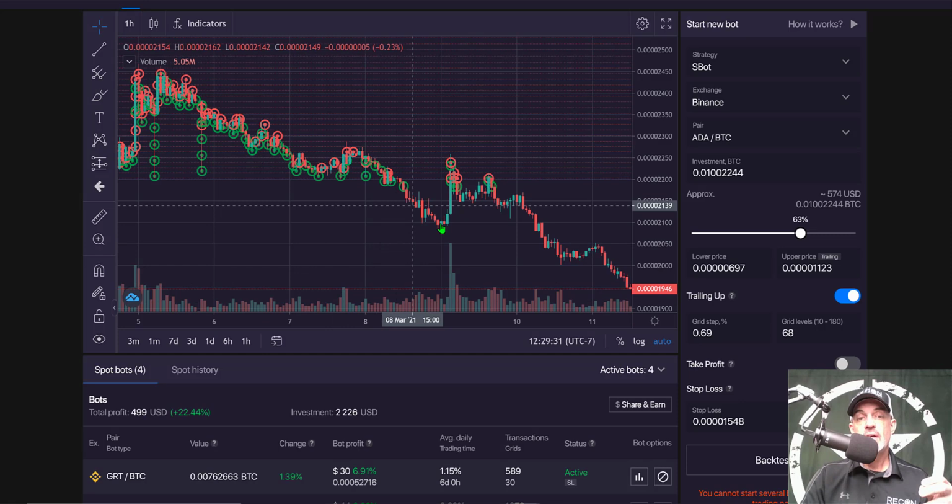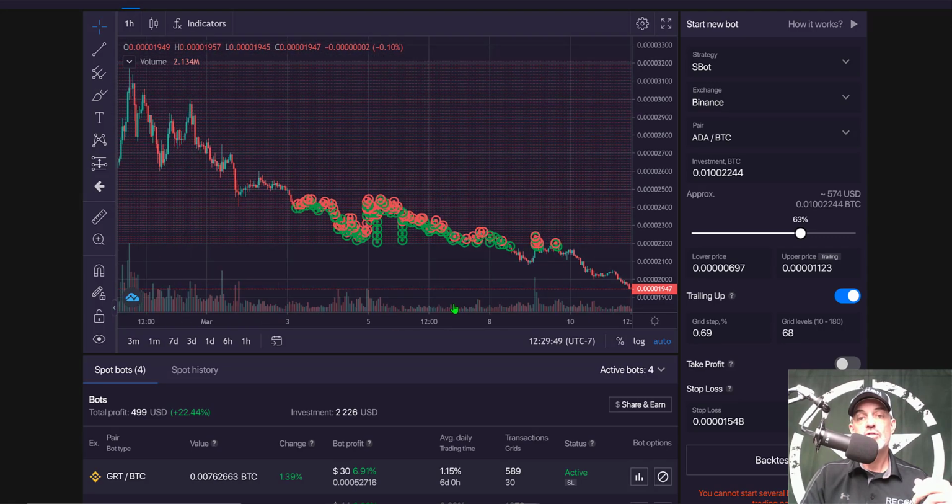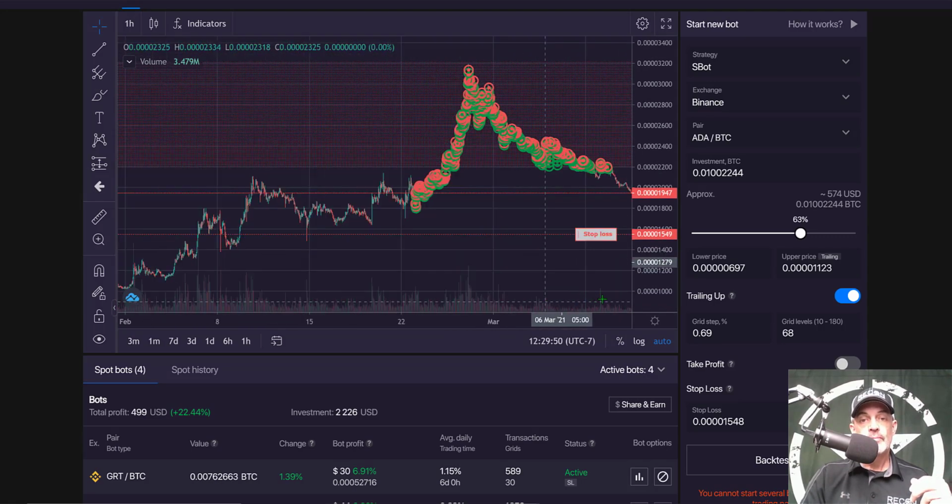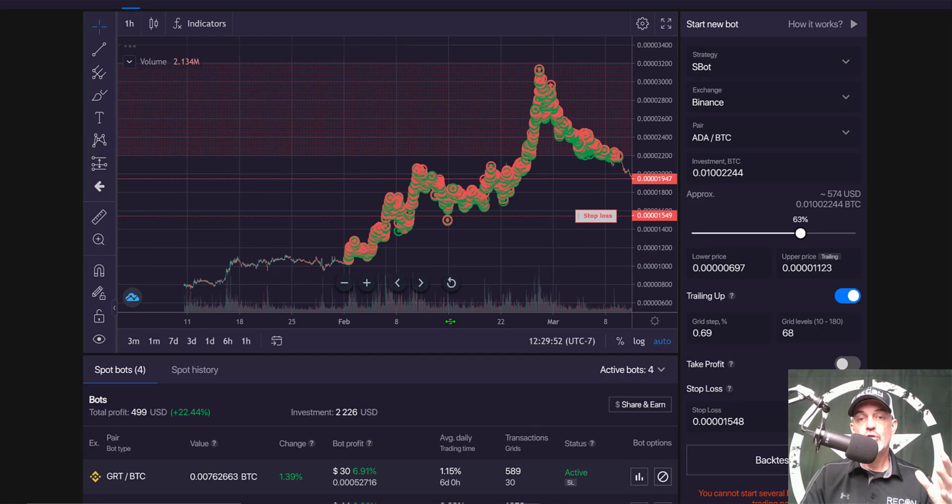Now, I gave it a chance to get back into the kill zone, and it attempted a couple times, but with Bitcoin's recent run up and ADA pretty much going sideways, we're losing ground, so I need to redeploy this bot. Now, with that all being said, if we zoom out, this bot has been running for just over a month,